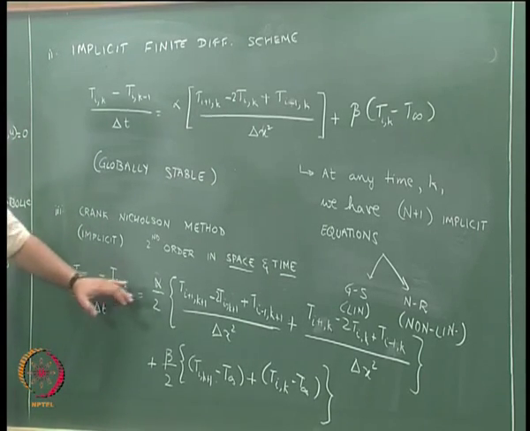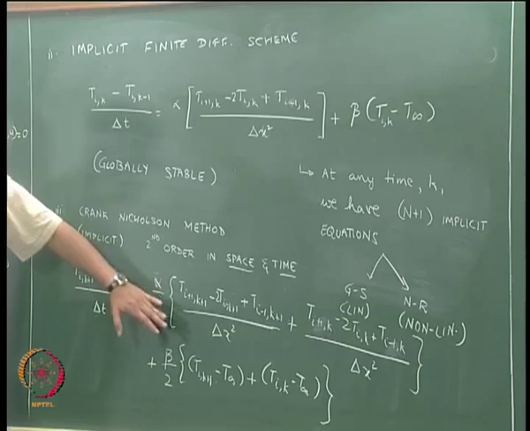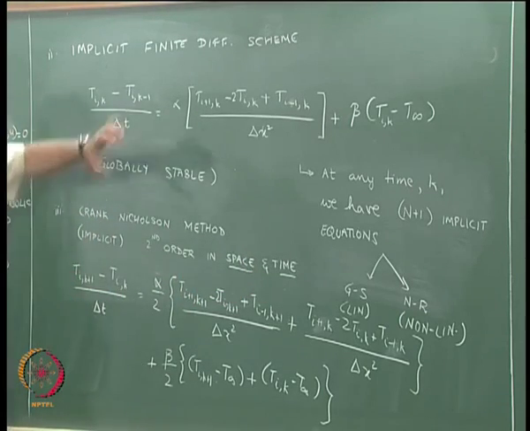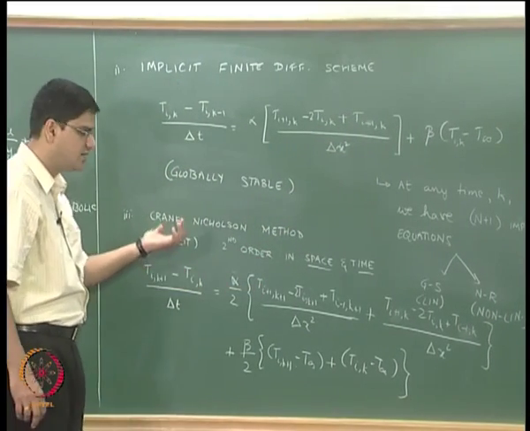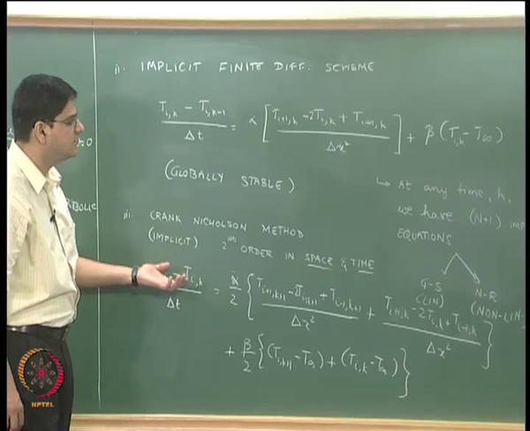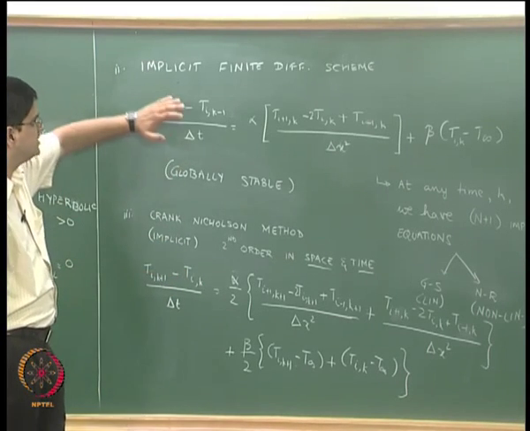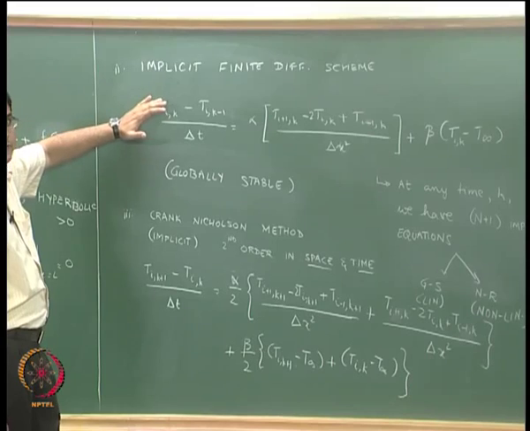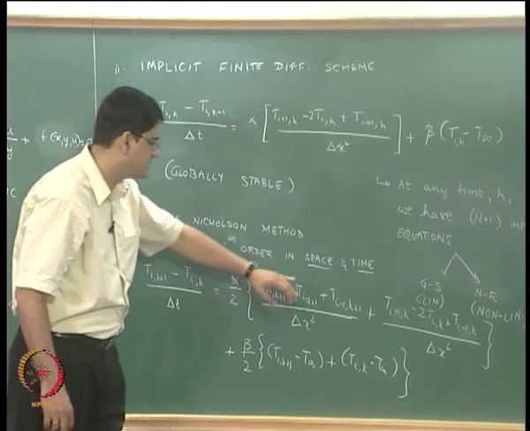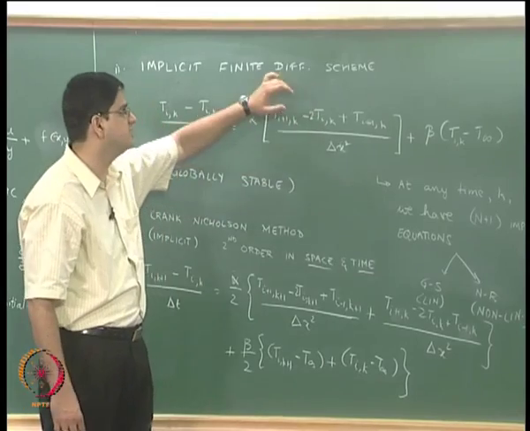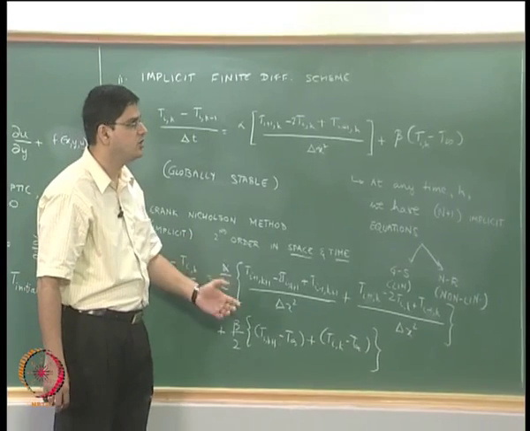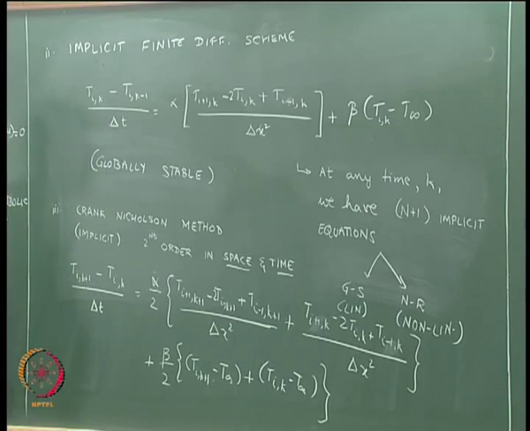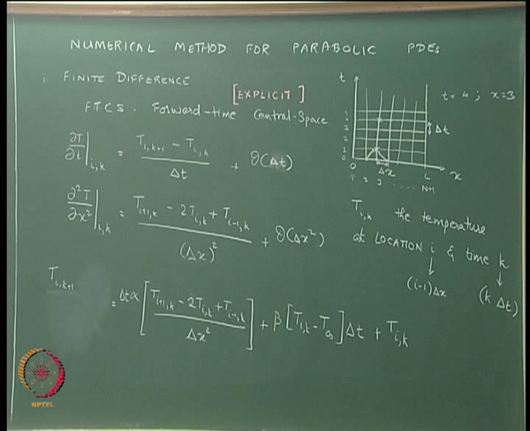Okay, so the Crank-Nicholson method is a semi-implicit method which is second order accurate in space and time. The advantage over the explicit method is that this Crank-Nicholson method is going to be a globally convergent method, a globally stable method, just like the implicit finite difference scheme. However, the advantage over the implicit finite difference scheme is that it is second order accurate in time as well, whereas the implicit finite difference scheme is second order accurate in space but first order accurate in time. Okay, so these are the numerical methods based on finite differences that can be used for solving a parabolic PDE.